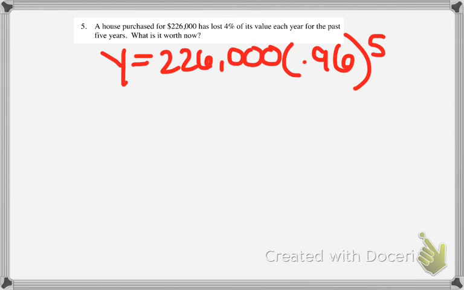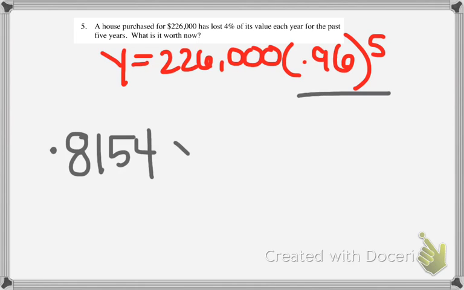We can either solve this by just plugging it into our graphing calculator, or we can solve it by order of operations. So if we're going to do that, we start with the exponent. So 0.96 to the 5th power is going to equal 0.8154. Alright, and then we're going to take that times 226,000, and our final answer is going to be